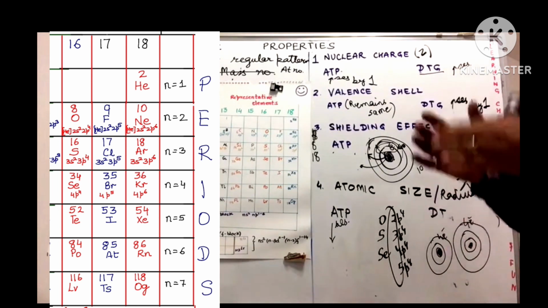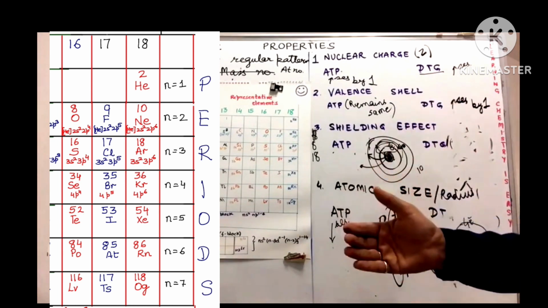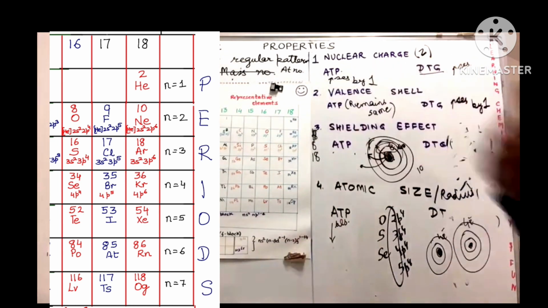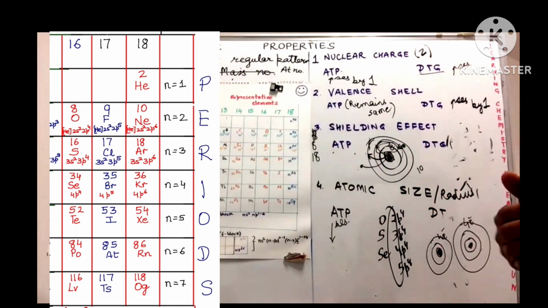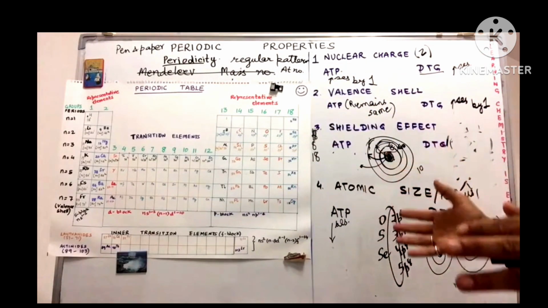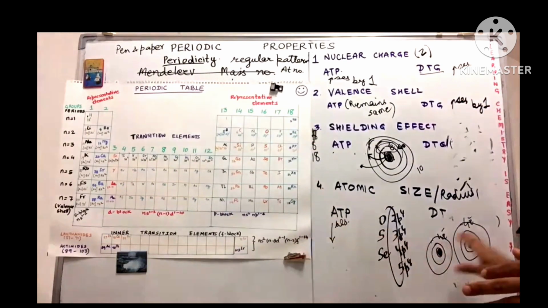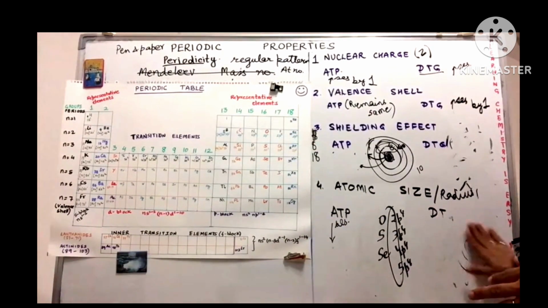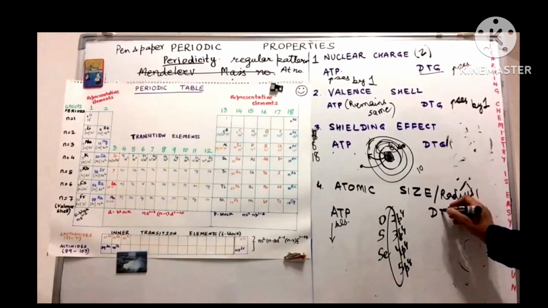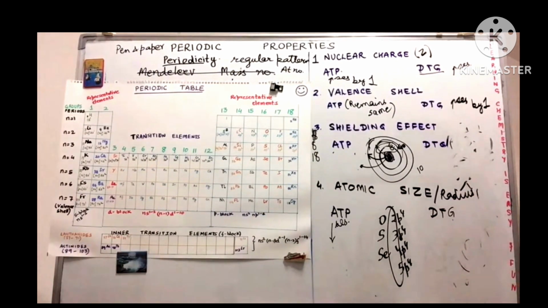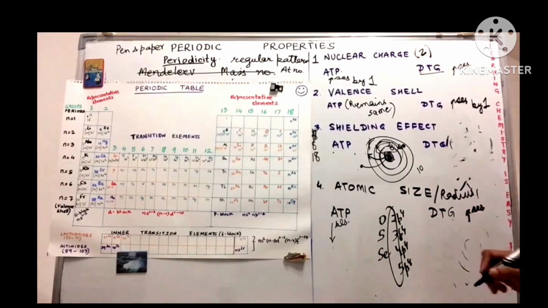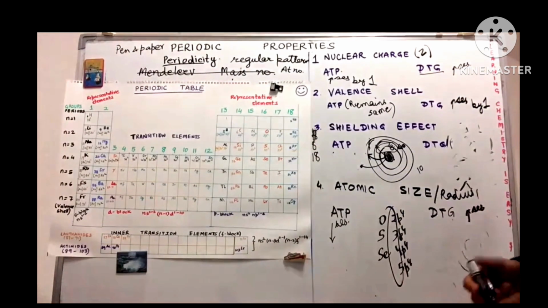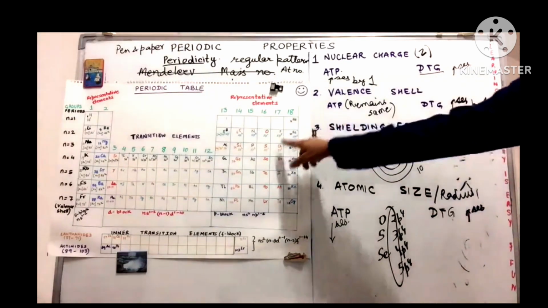It is like if you have a class, and 10 new students join the class, right? You will have to put an additional row at the back in order to accommodate those 10 students. So the size will increase. So down the group, what is the generalization that we can give about the atomic radius? Down the group, atomic radius, yes, it increases, because although the nuclear charge increases, the number of valence shell is